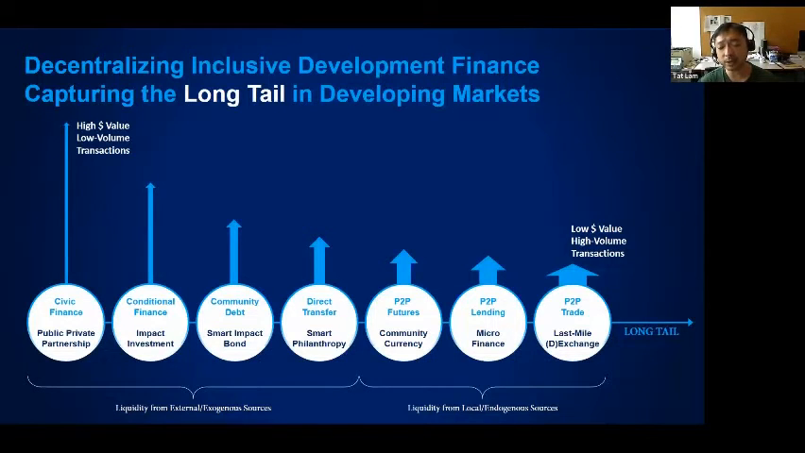But this is actually a spectrum of cases that we have been working on in the last 5 years in different countries and cultures. All the way from the right-hand side called P2P trade or last mile exchange, which I think a lot of people have heard about, time bank. So basically, time bank is actually using time as a ledger for the bartering system. That I know how to cut hair, and you